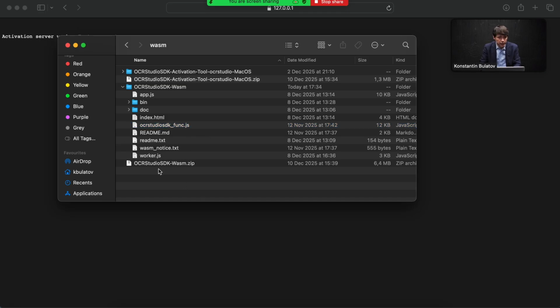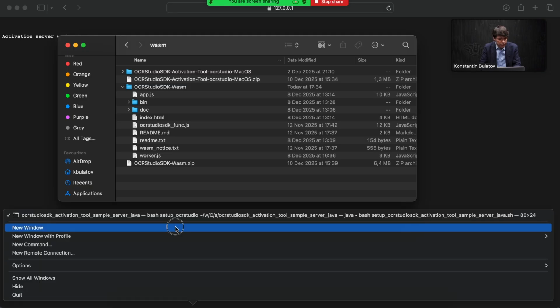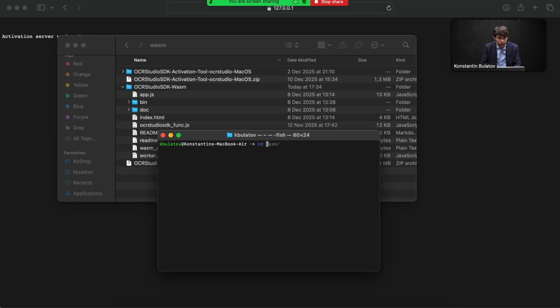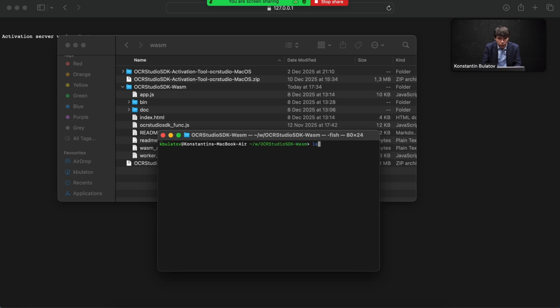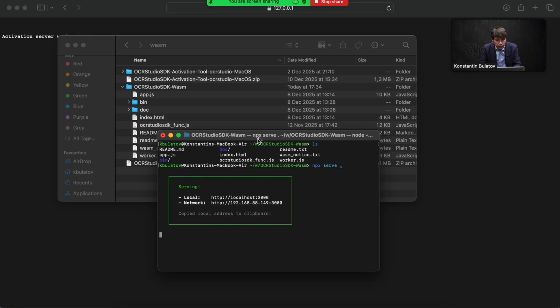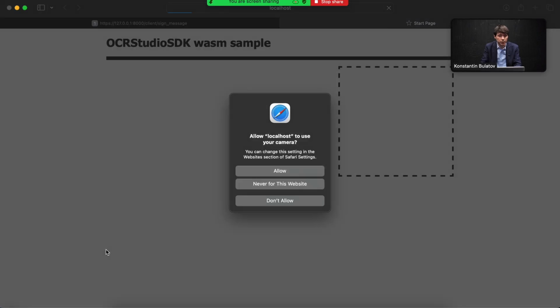This sample application can be readily run as a node app. So again, we simply go to this directory and run npx serve. It launches the application, and now it tells us the URL. We can open it.